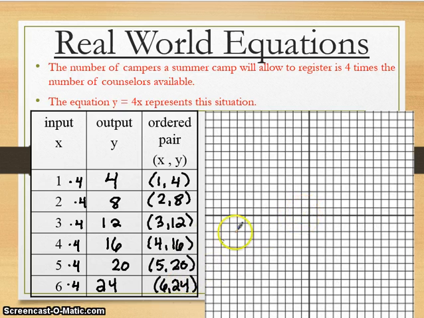Now, we cannot fit 24 along the y-axis, so we're going to have to count by something different. So we have 1, 2, 3, 4, 5, 6, 7, 8, 9, 10, 11, 12 lines. So let's count by twos. We do not need to label them all, just enough to show the pattern. So 2, 4, 6, and here we'll count by ones. 1, 2, 3,